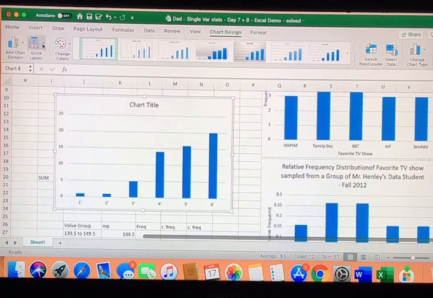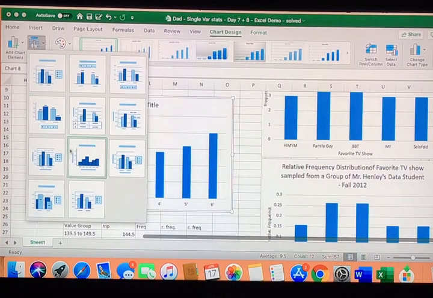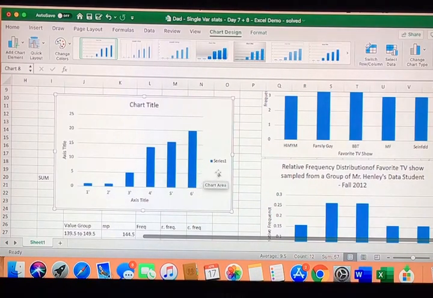Okay, and then for quick layout, add in the one that you like the best, or add them all in individually. In this case, I like this one because it's got everything that I want. You put in a nice title. Okay, so when you put in your title again, it's going to be cumulative